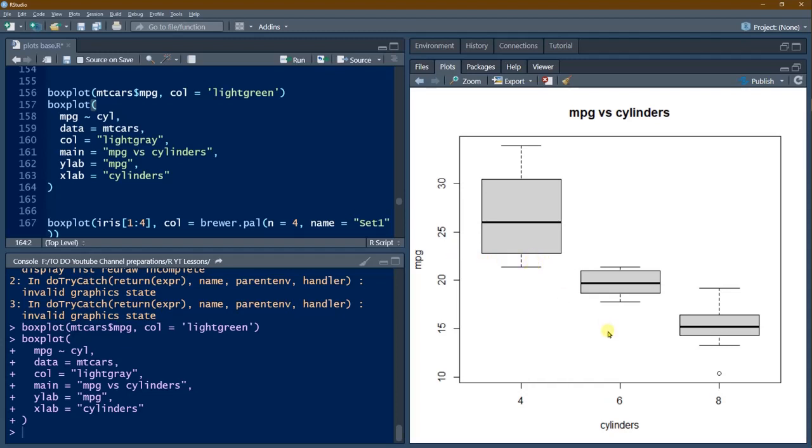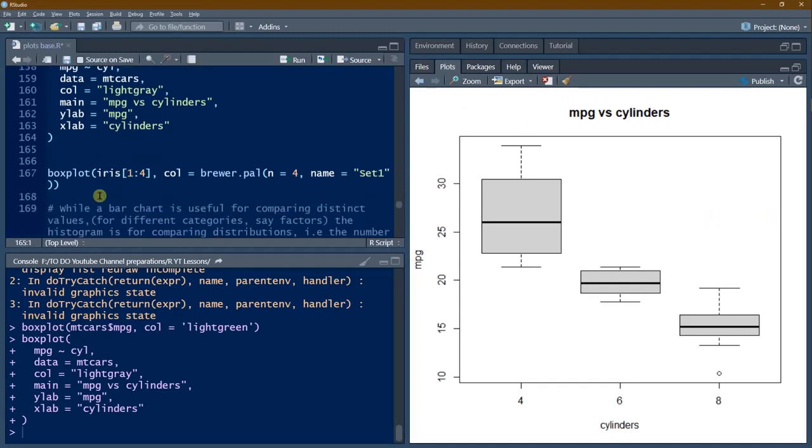Similarly, the distribution here has a median around 20. For 6 cylinders you have got this MPG. For 4 cylinders you have got this kind of MPG, and for 8 cylinders you have got MPG between say 12 to about 18. So the MPG in this case is less, and there is one outlier which gives very low MPG with 8 cylinders.